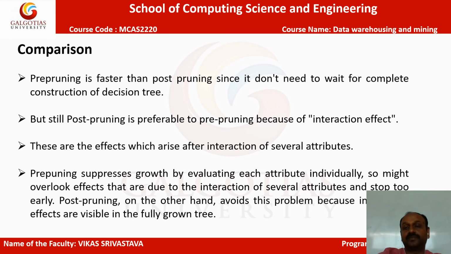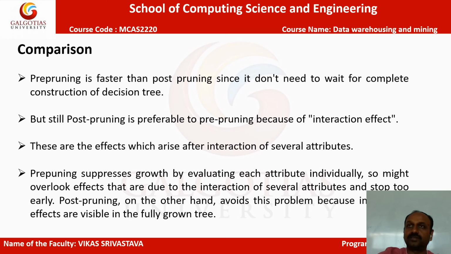So it is a cumbersome task to complete. But still post-pruning is preferable to pre-pruning, because of the interaction effect. Definitely at each and every level the data is to be set, otherwise you can lose your data